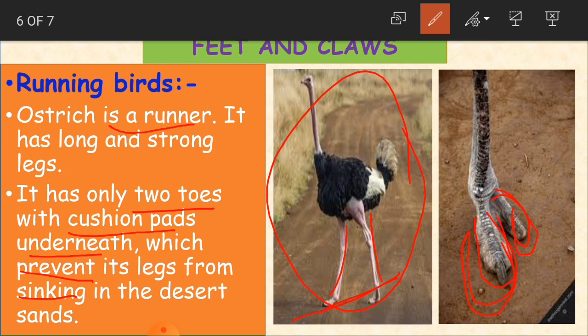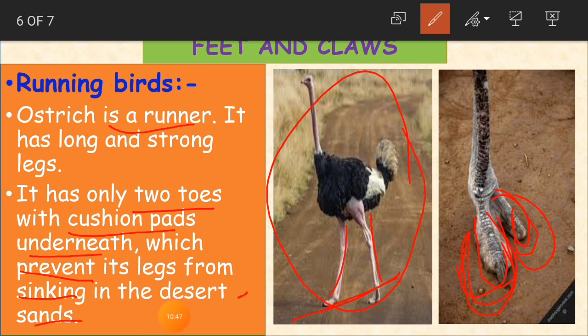But this running bird, the ostrich, such type of running birds, even though they run or walk in the desert sands, their legs are not going to sink. Why? Because they have got cushion pads under their toes. This is the reason why they stop the legs from sinking in the desert sand.